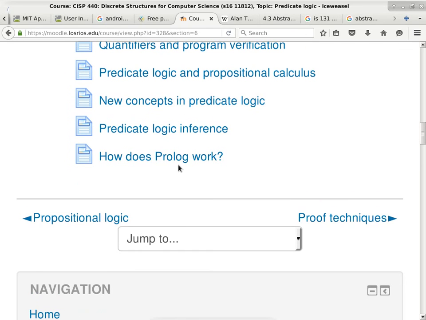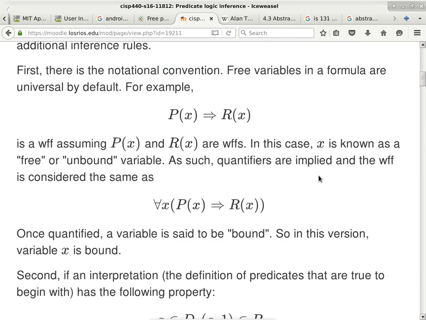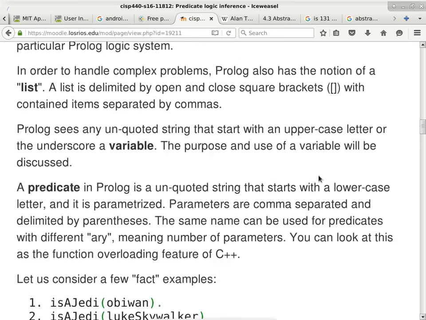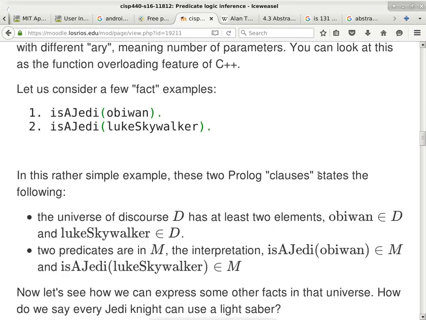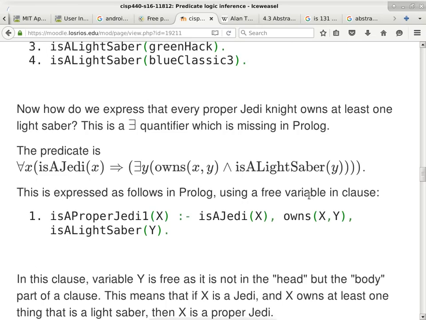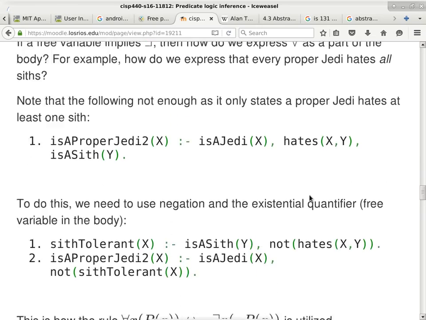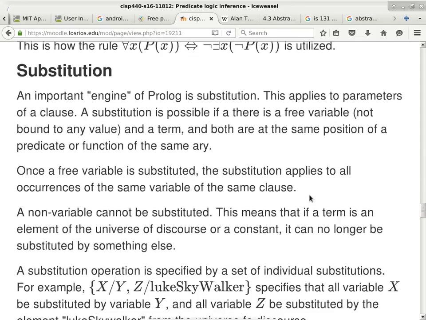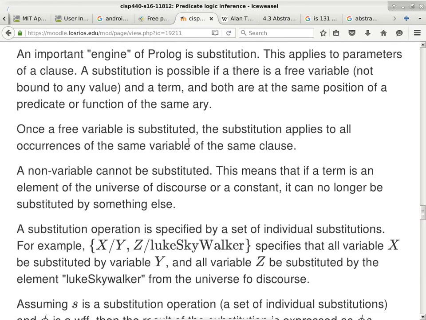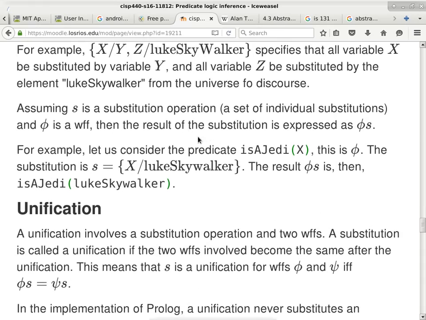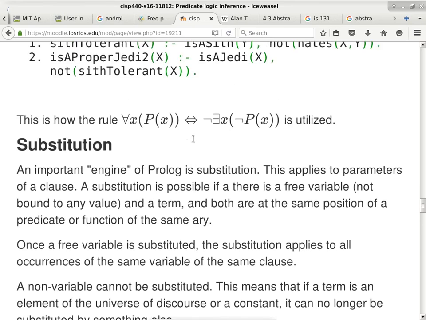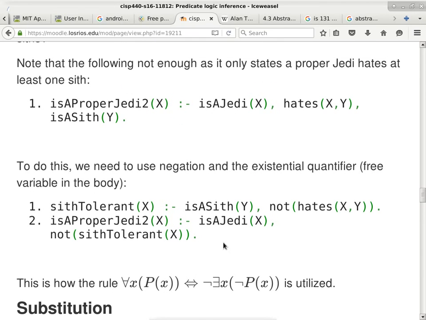With this one, I added a little bit to the material that is already on it. There's the predicate inference, stuff like that. Then we talked about Prolog, okay? This is all the stuff that we talked about already. We have not talked about substitution yet, so that's the next topic. Instead of talking about all this dry stuff here, what we'll do is